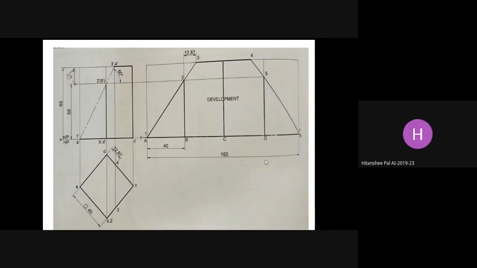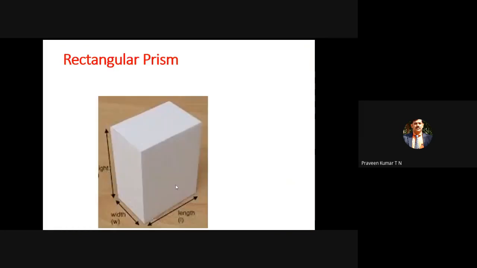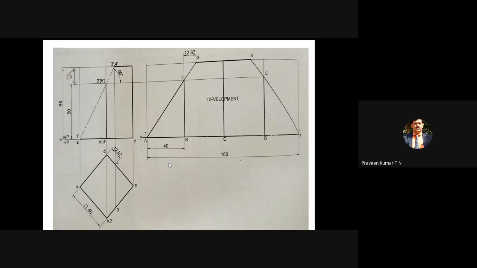Yes, sir. So now, first you have to construct the square. As usual, you know how to draw the top view of the square. Then you draw the corresponding front view of the square. It is almost similar to the projection of the square prism.